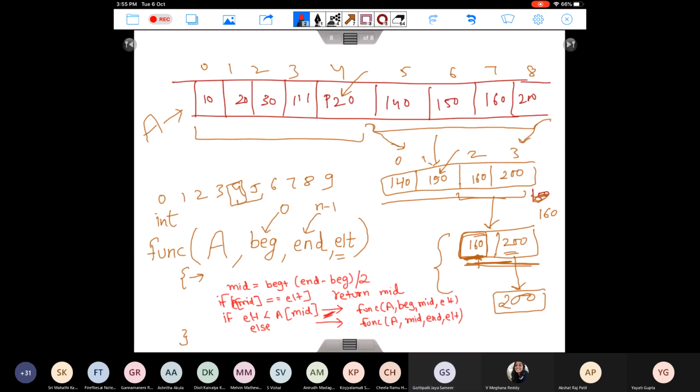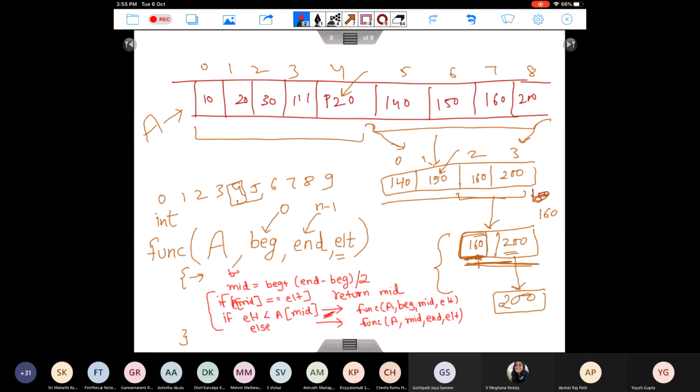Are we done or is something left? In this entire case, we talked about the recursive case. We have still not talked about the base case. So what will be your base case? The base case is when you have just one element.